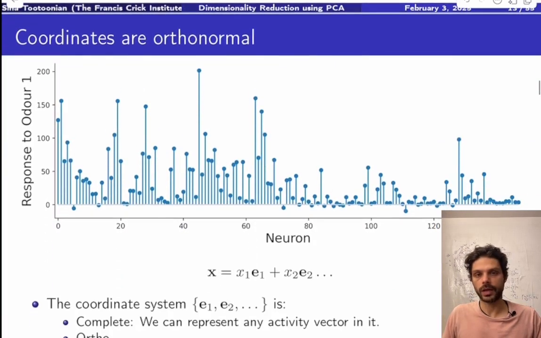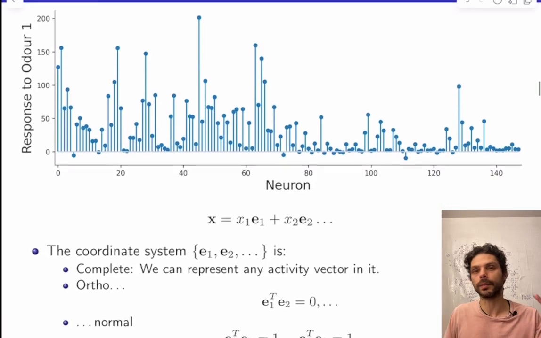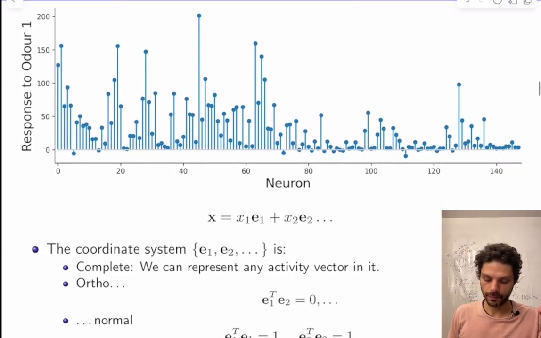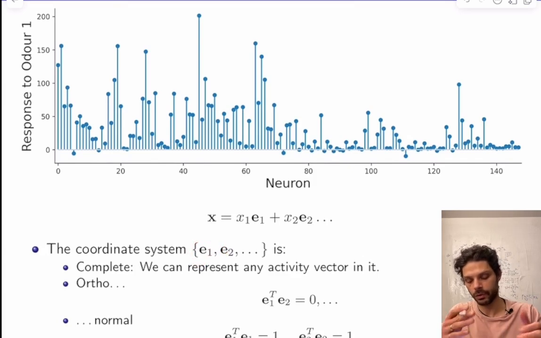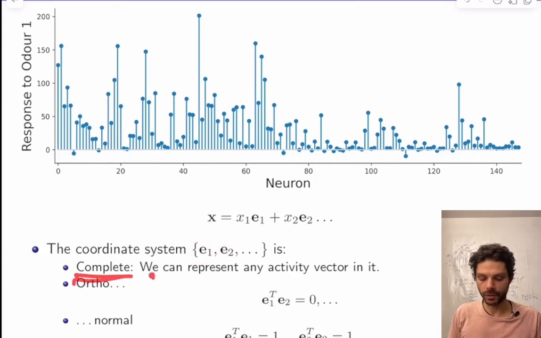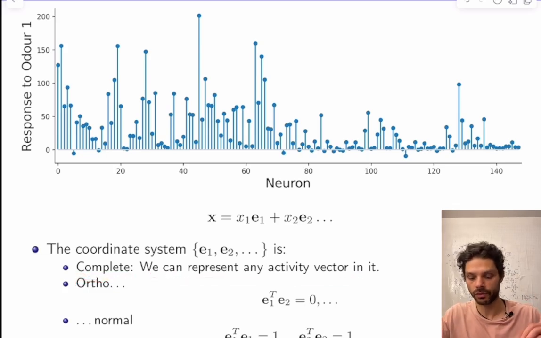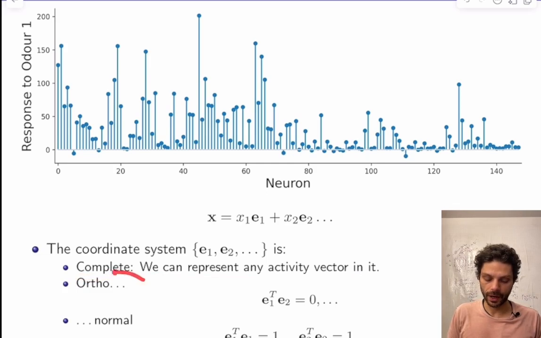Now these coordinates have some special, probably obvious, properties. This coordinate system that we have of activity in terms of individual neurons is complete. So we can represent any activity vector that involves those neurons in that space. That seems quite obvious. They're orthonormal, which has two parts. So